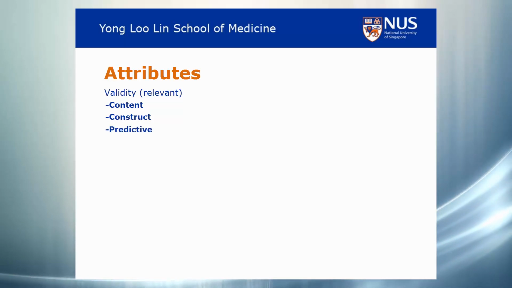How valid are my selection processes and tools in predicting success in medical schools or success as a future practitioner? So these are the 3 important criteria, what we call the basic psychometrics of an